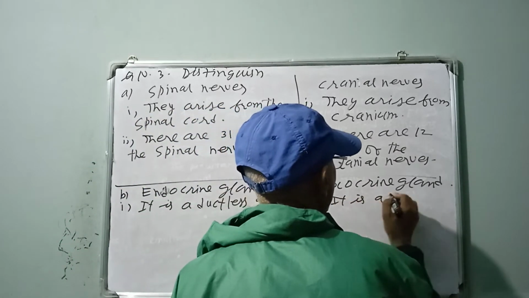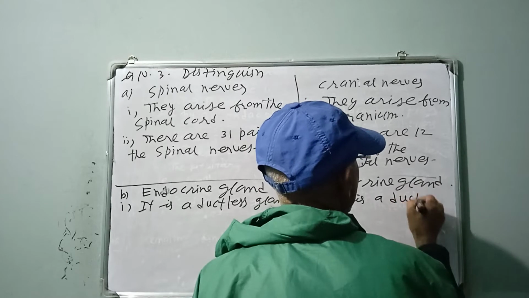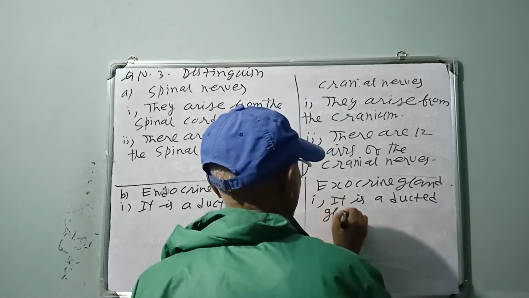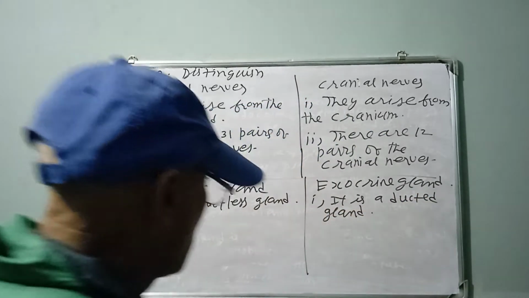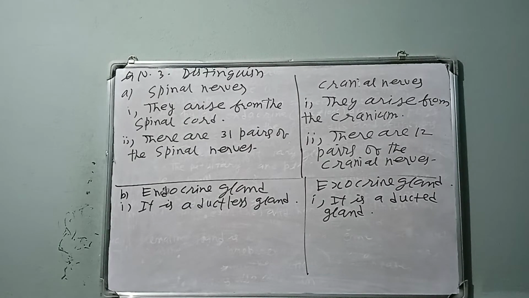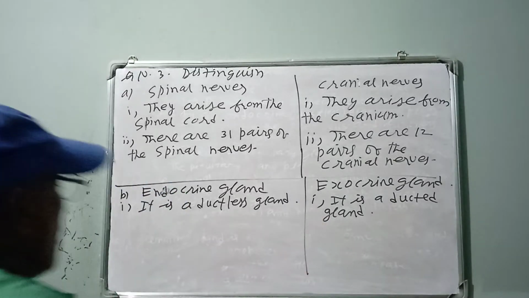It is a ducted gland. What is one function? One difference. Ducted. Endocrine means ductless, means no duct. It has no duct. Here it is ducted. It has a pipe. अर्को एउटा फंक्सन,